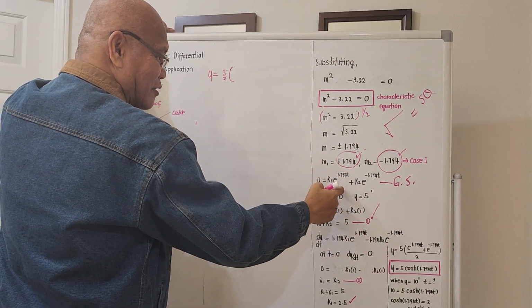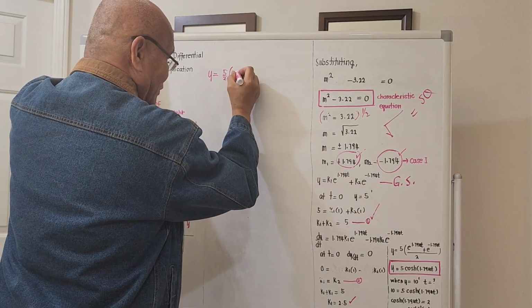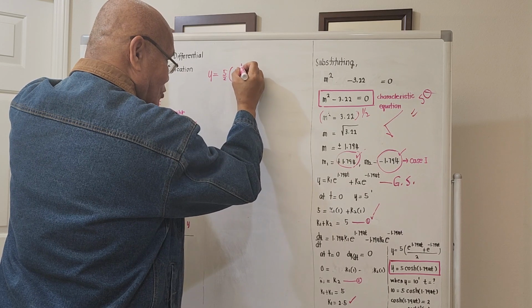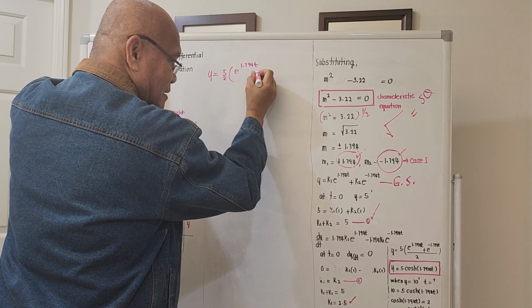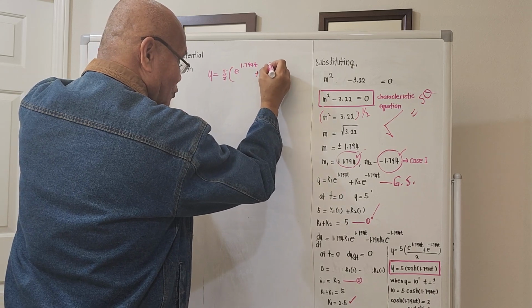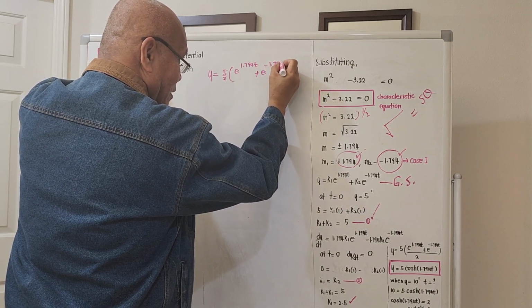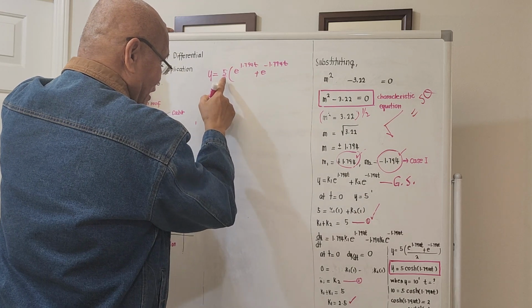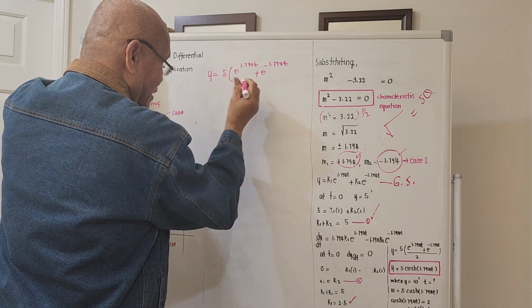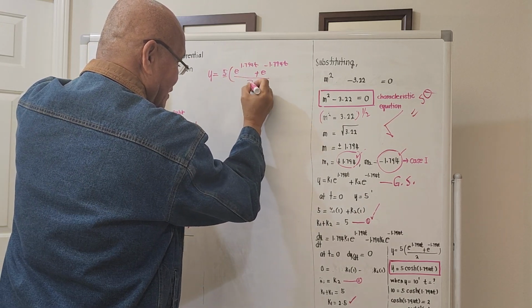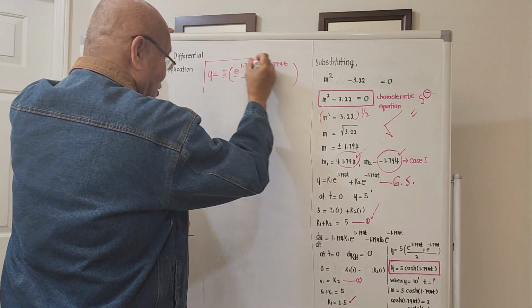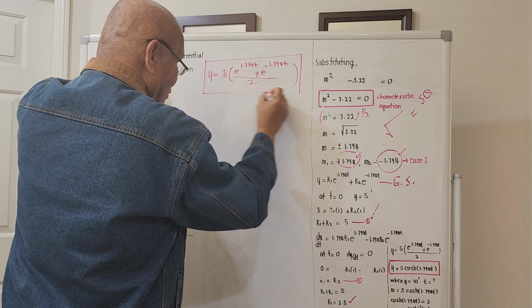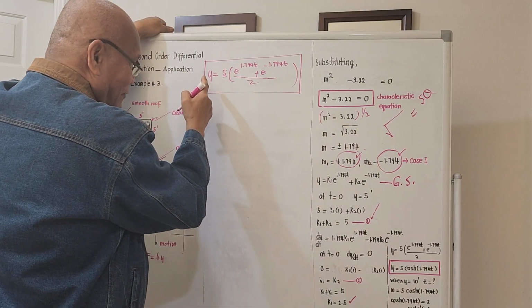So what remains inside is e raised to 1.794t plus e raised to negative 1.794t. I will remove this 2 here and place it inside. So after the substitution of the value of K1 and K2, we are now given y as